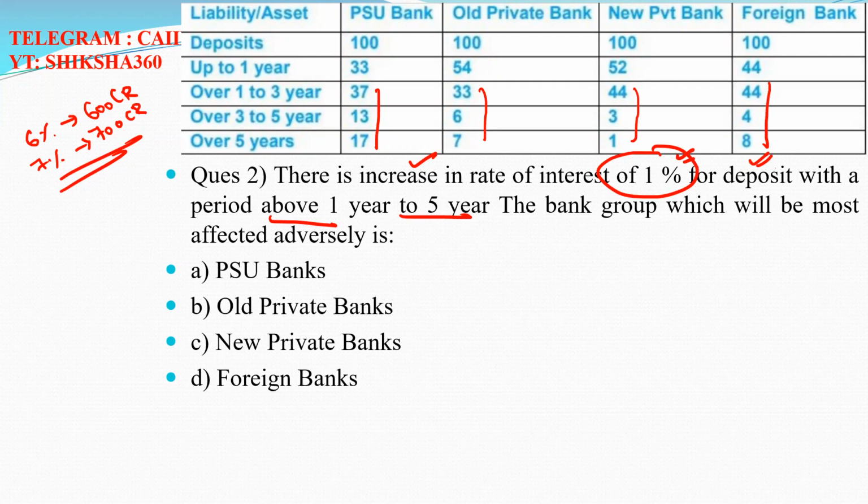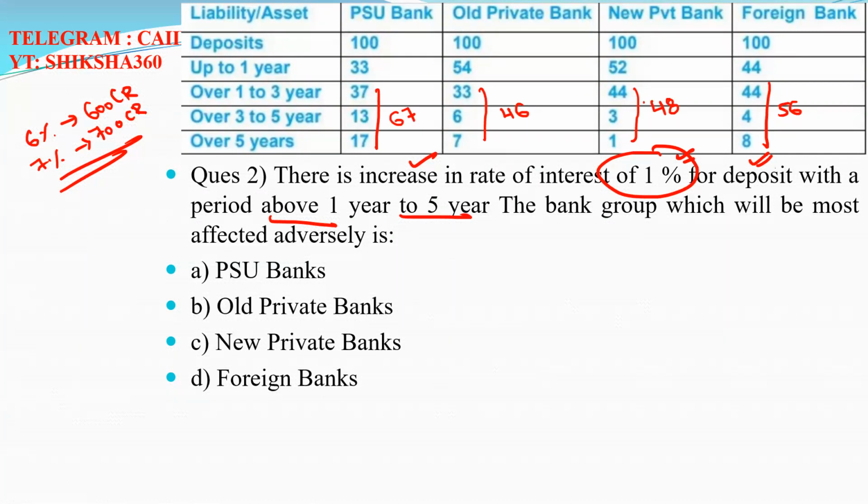That is, the bank which has more deposits in that time period. So here we will check one by one. In the PSU banks, the total deposit under that category is 67. Here we have 46. Here I will subtract 52 from 100, that is 48. And under the foreign banks we have 56. So the category with maximum deposits from 1 year to 5 years is